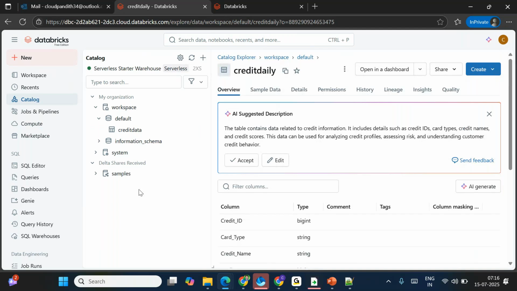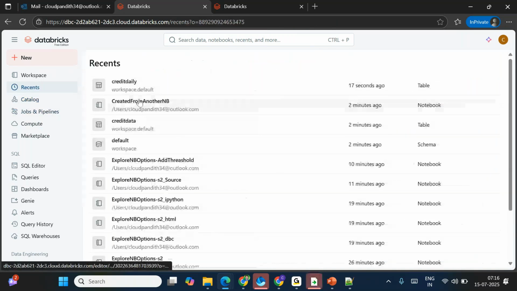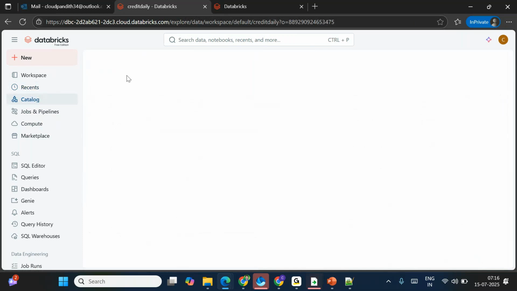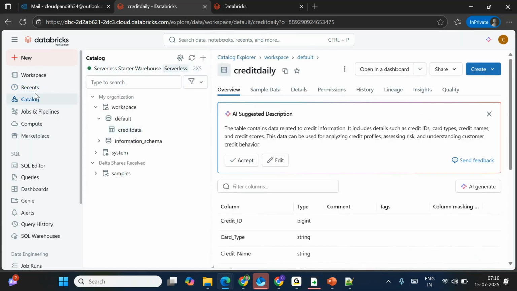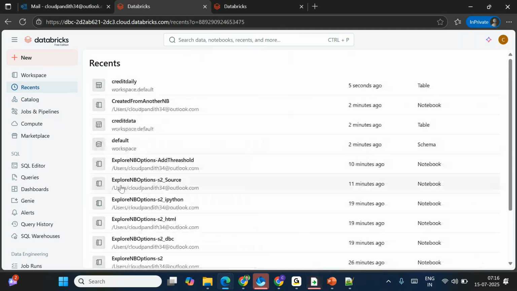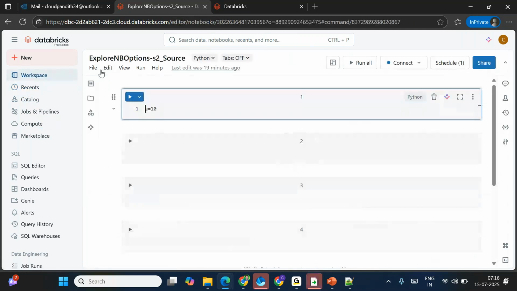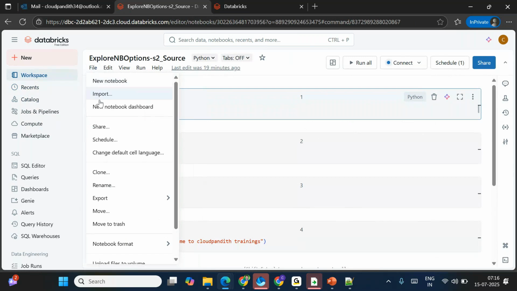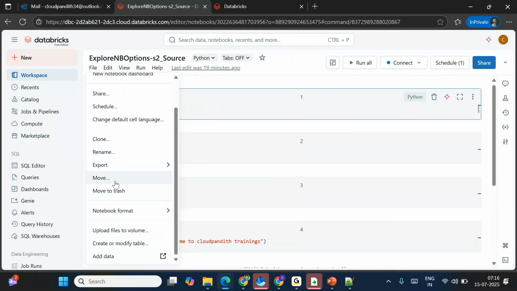Tomorrow, what we will do is explore the same options quickly with Azure Databricks, and then go with other options as well, because at least the last few options, right? At least one second. If you go to this notebook, these are all straightforward: creating a new notebook, import, sharing, scheduling, which we need to discuss tomorrow. Change default cell language, clone, rename, export, move to trash. All the options are the same, but the last four options I want to show you once again, because generally it will